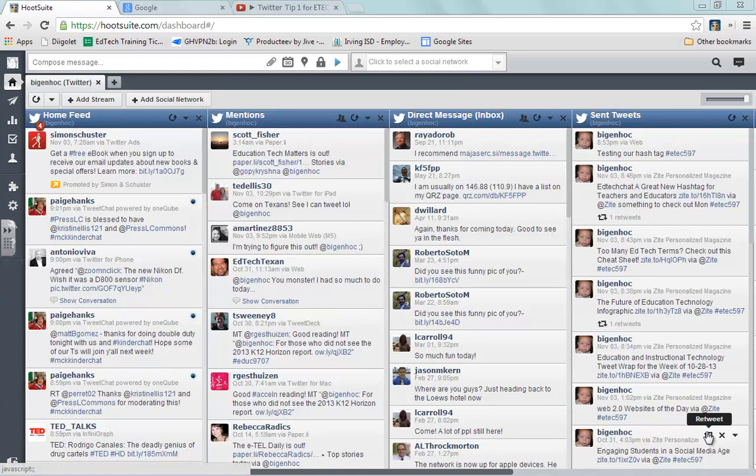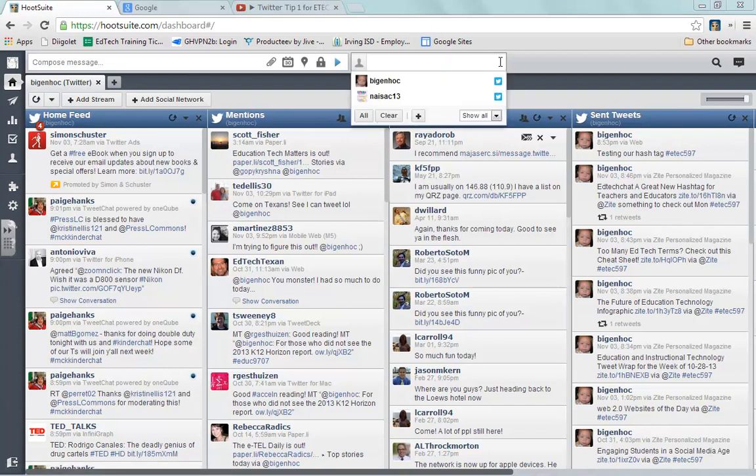All right, tip number 2 for using Twitter. This is a tool called Hootsuite, and you simply can go to hootsuite.com and set up an account. You'll link that account to your Twitter account, and you'll notice that you can actually have multiple Twitter accounts attached